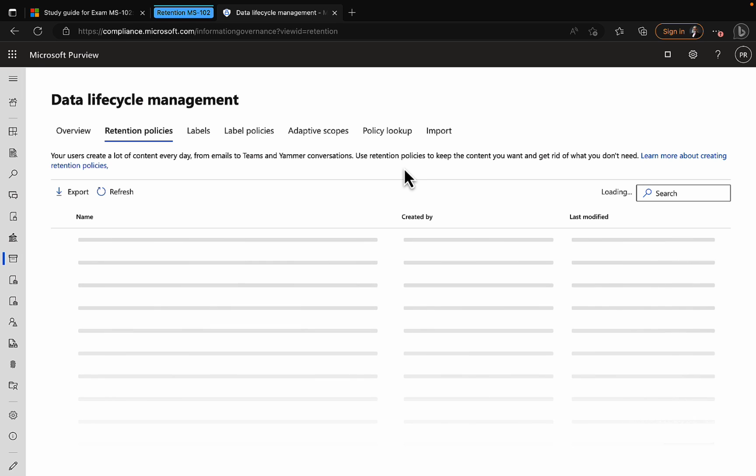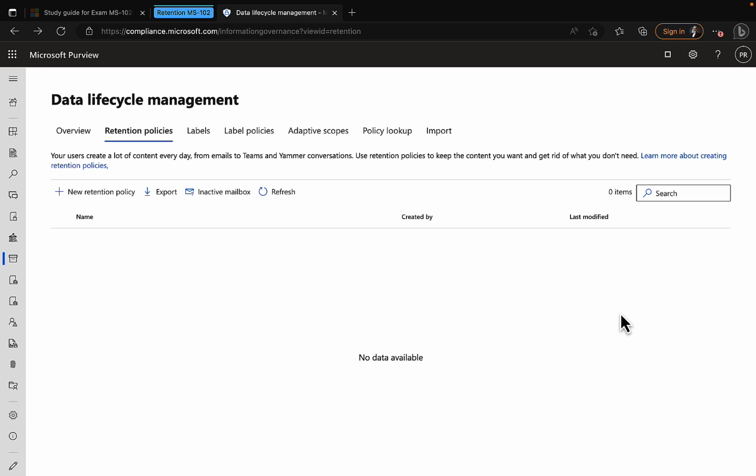And you use retention policies to keep the content you want and get rid of what you don't need. What an awful sentence. I don't like the grammar in that at all, but I suppose it says what it needs to say. Okay, so there are no existing retention policies in this demo tenant that I'm using at the